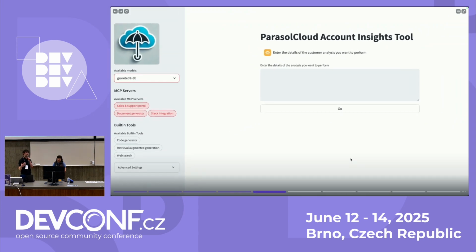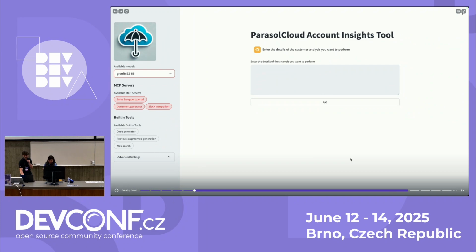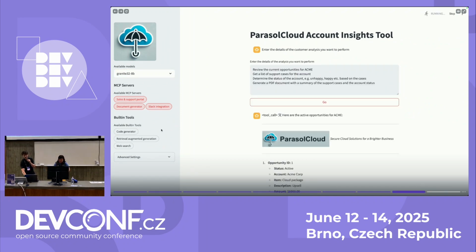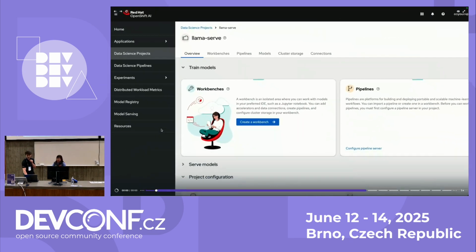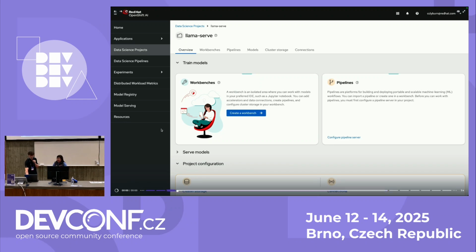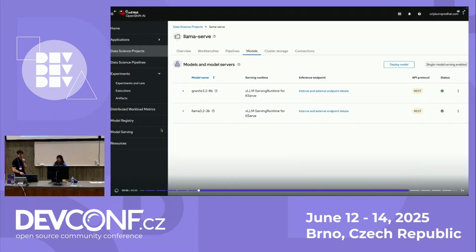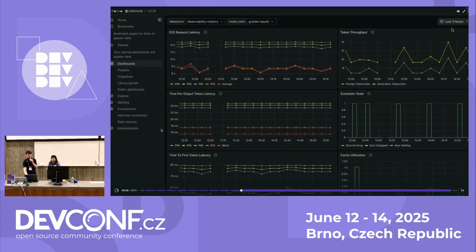So I'll open this up here. We can see we have these available models being served on vLLM locally. And if I ask a question using these MCP servers, say, review the current opportunities, generate PDF, we're able to do the tool calls and retrieve all this information. On the back end, what's powering this is vLLM running our models using KServe. We could also use llm-d, for example. Once we have this running, we could also add new models and monitor what's happening, and also use Jaeger to monitor that as well.